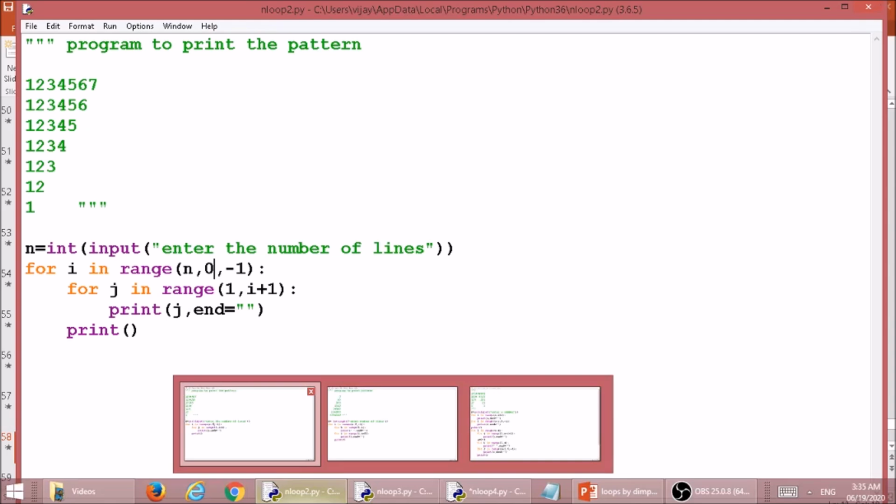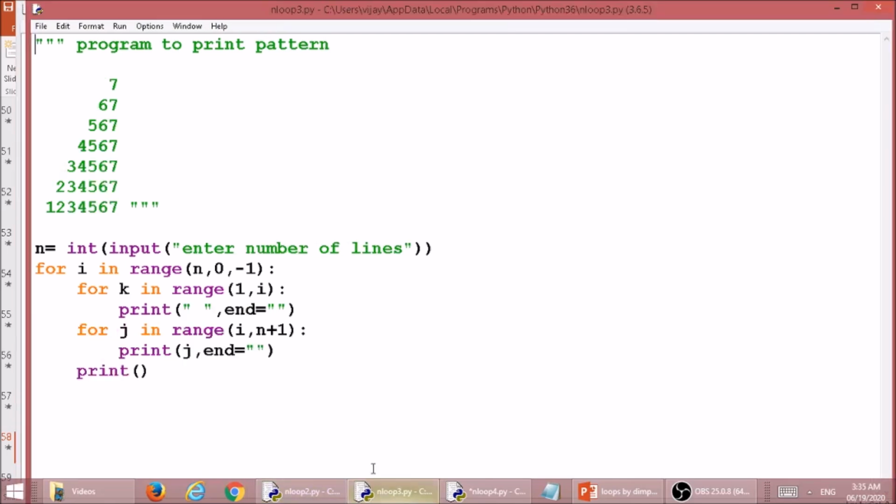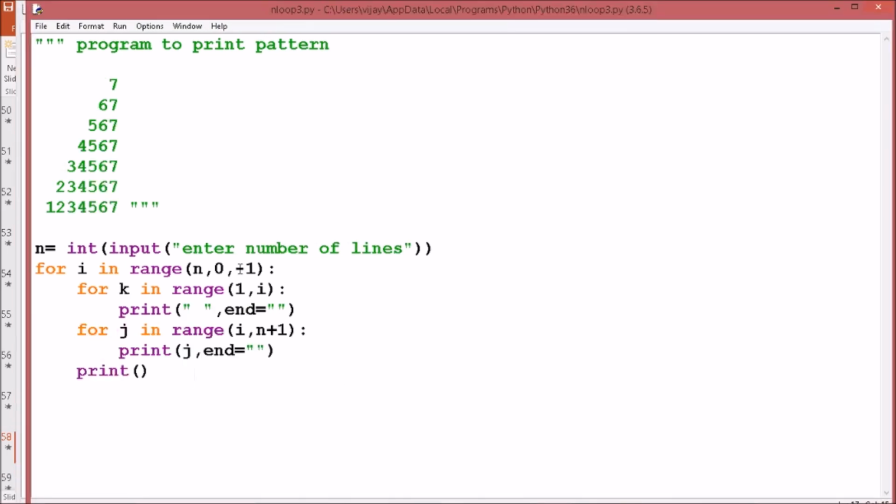And moving on to the next program, this type of pattern, you can say that in nested level, I am leaving some 6 spaces. In line number 1, I am leaving 6 spaces. Line number 2, I am leaving 5 spaces. Line number 3, 4 spaces. And in the next line 3 spaces, next line 2 spaces, next line 1 space, and 0 spaces in the last line.